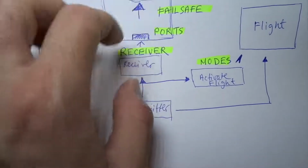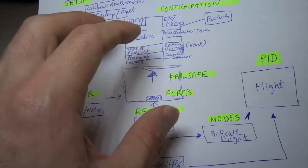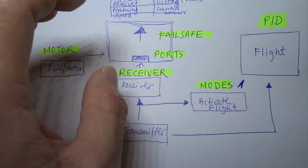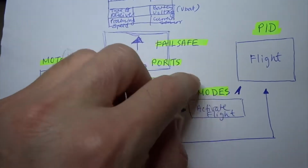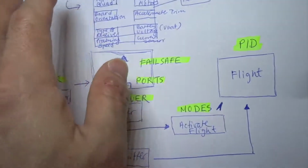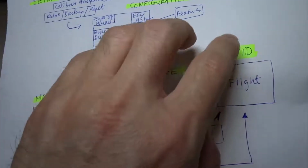because the quad doesn't move itself. The quad will have certain pre-programmed functions to spin the motors to move it in a certain way. So it has some kind of modes, for example, acro, horizon, or angle. So this has to be activated, and the flight has to be controlled somehow. How it responds, left, right, forward, backward, and spinning, is determined by the PIDs of the